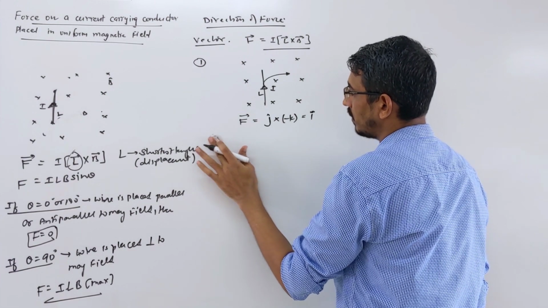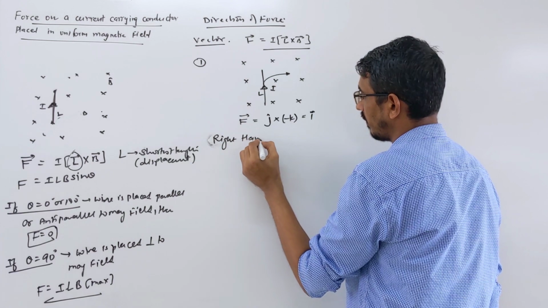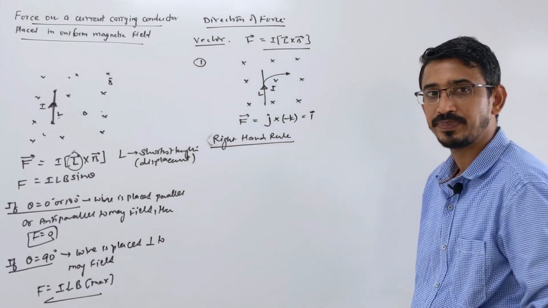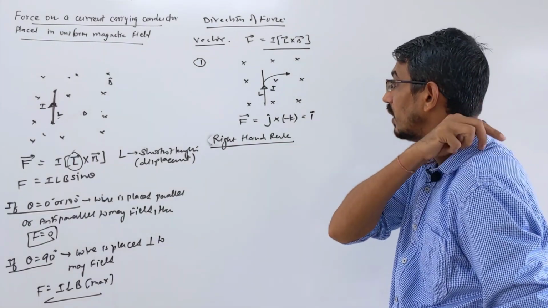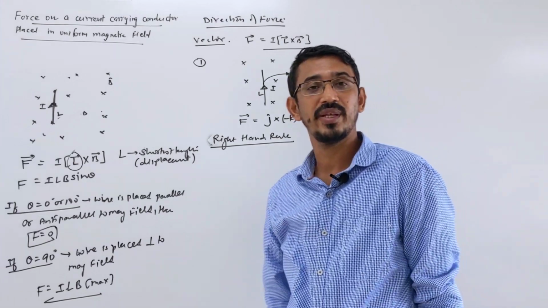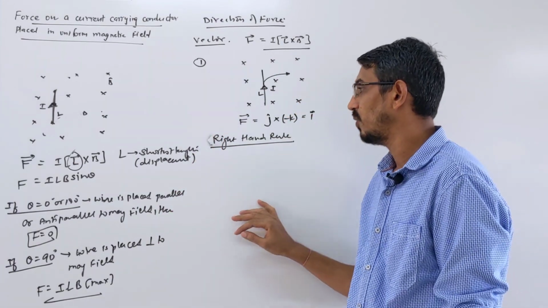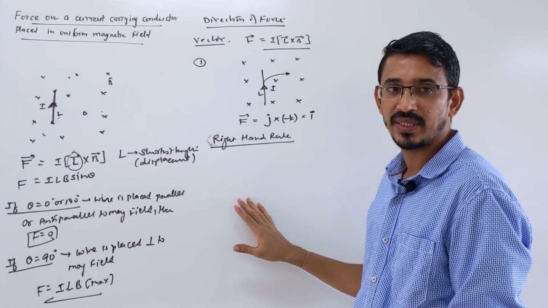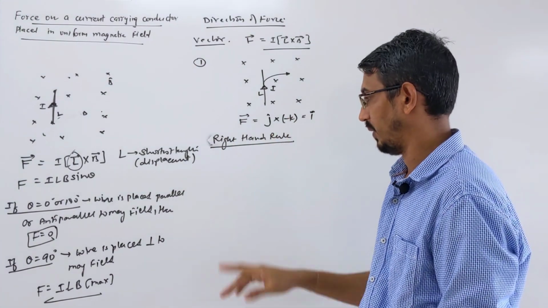So this is called the right hand rule again. Listen carefully. So far in this chapter, at least I think 5 times this right hand rule came at different places, right? So you should not confuse. What you can do, please find all these right hand rules and put them on one separate page, and write for which case what rule we use and what the meaning of these fingers is.